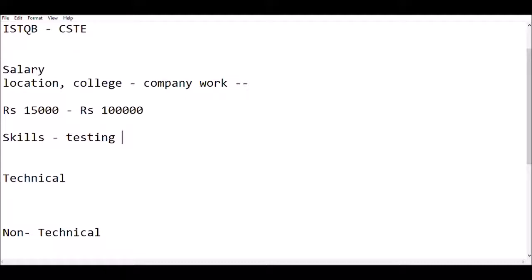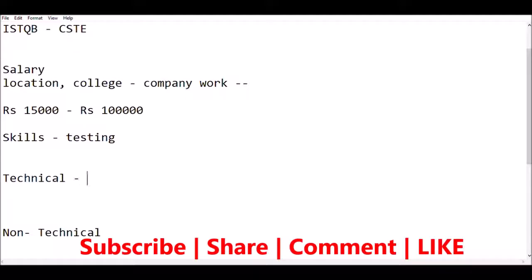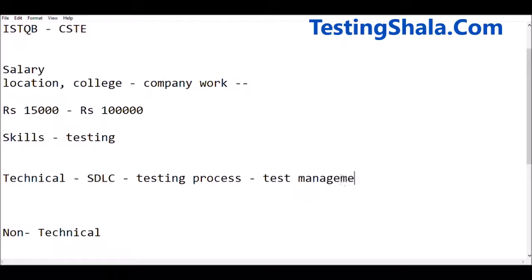So technical skills, here it is nothing but you should know the complete software development lifecycle process. You should know complete details about how the software is being implemented from requirement to testing phase, and even for some projects for maintenance as well. You should also know the testing processes, all the complete testing processes. Then you should be able to operate test management and defect management tools, right?